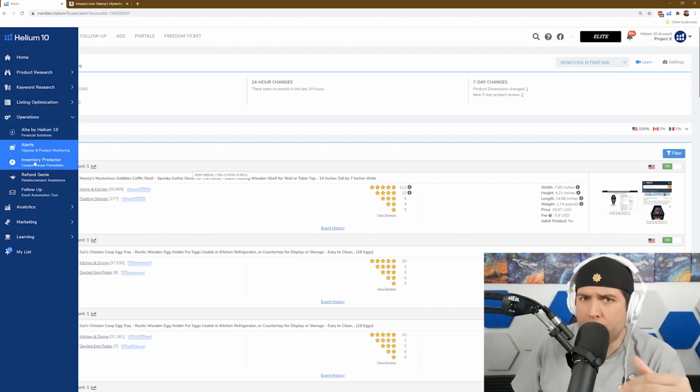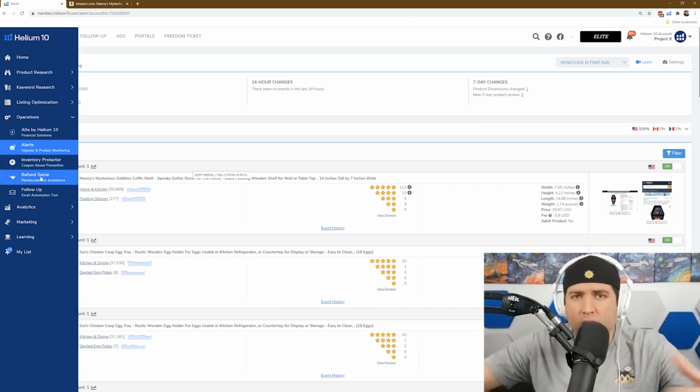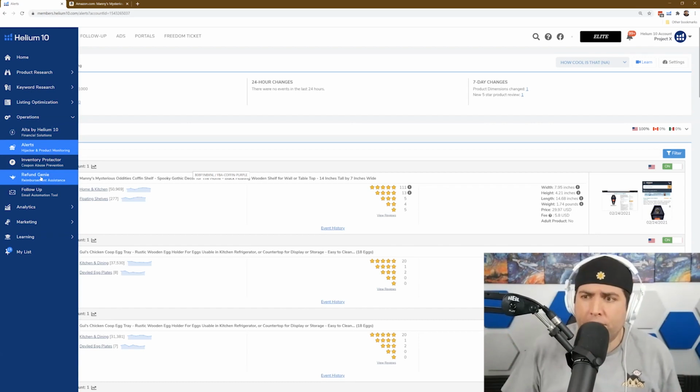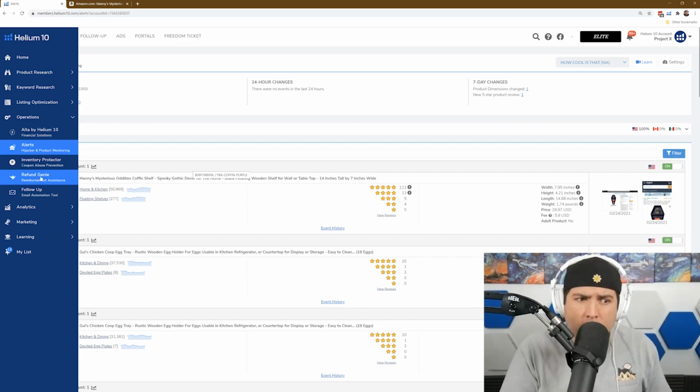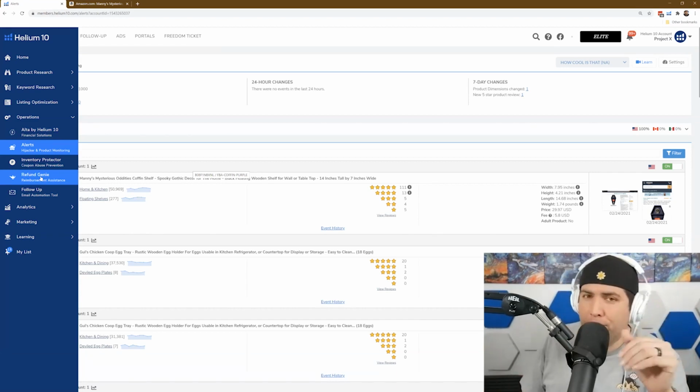We've got Inventory Protector. This allows you to control your max order quantity. We've got Refund Genie. Refund Genie will go in and look at your history of sales and your history of reimbursements, and find out, hey, Amazon owes you money because they damaged something here, or Amazon lost something here, but they never gave you the money back. Here's the file you need to give to Amazon so you can ask them for the money back. Some users get a couple hundred dollars from this. Some users get over $10,000 in found money. And we don't take any commission or any percentage of that. Whatever you find based on these reports, you keep.